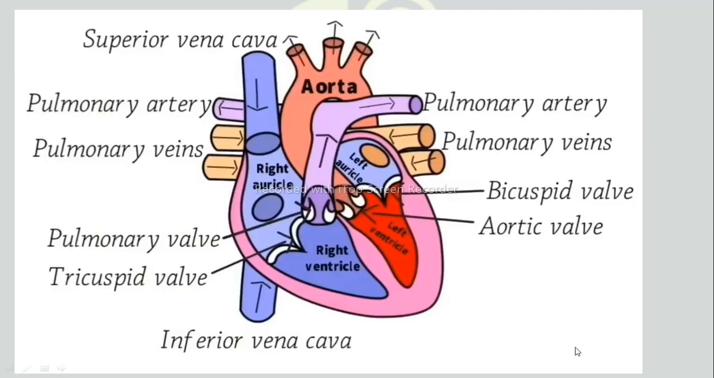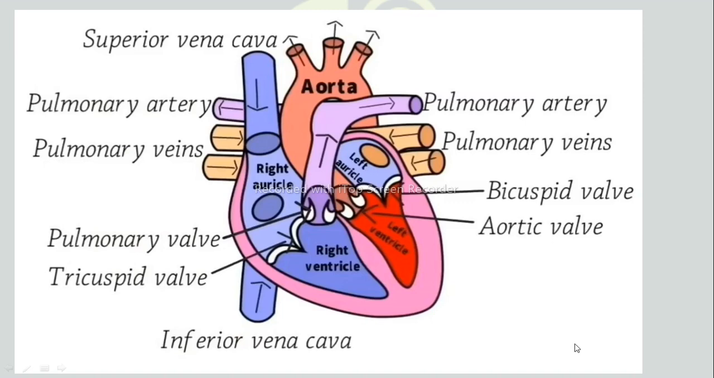So here is a well-labeled diagram showing the internal structure of the heart. Here the arrow represents the direction of flow of blood. So blood from the superior and inferior vena cava reaches the right auricle, and from the right auricle it goes to the right ventricle through the tricuspid valve. From the right ventricle it goes to the pulmonary artery through the pulmonary valve or pulmonic valve, and through the pulmonary artery blood goes